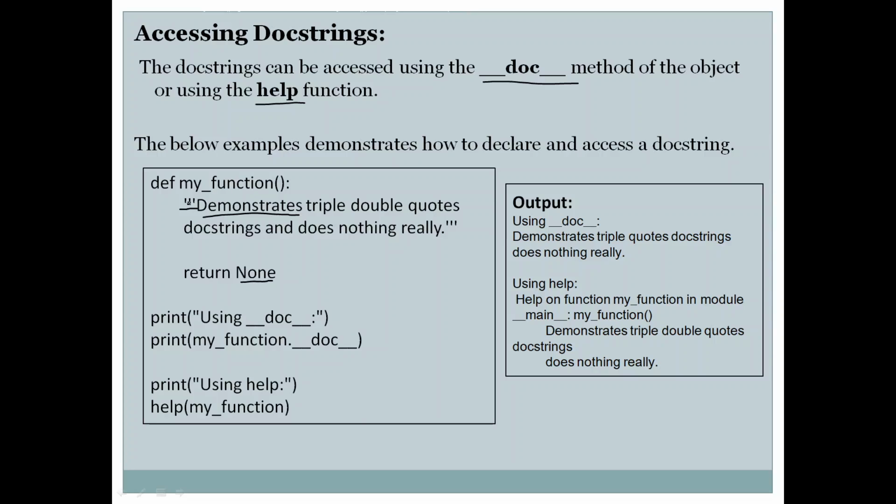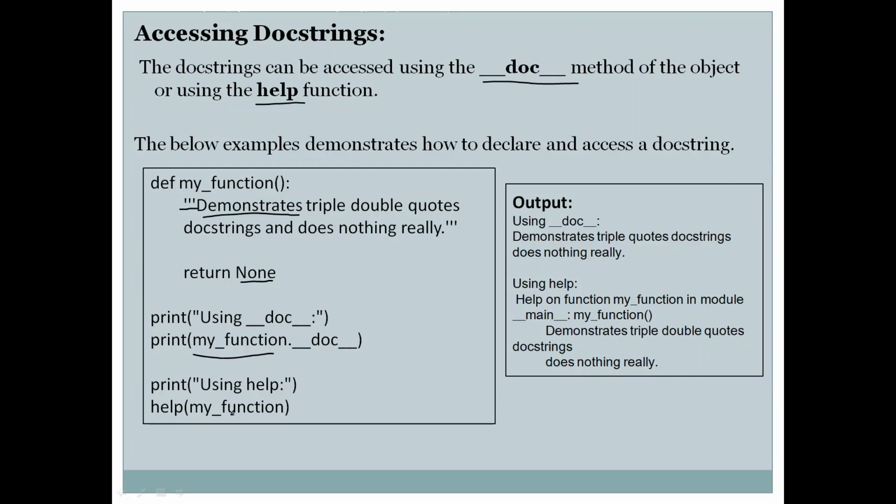So we have this docstring which is associated with my_function, and how can that docstring be accessed, as I have shown you there, we can access it like the object name, that is the function name here, my_function.__doc__. So this will give us the docstring associated with my_function, or we can use the help function like help in brackets the function name.